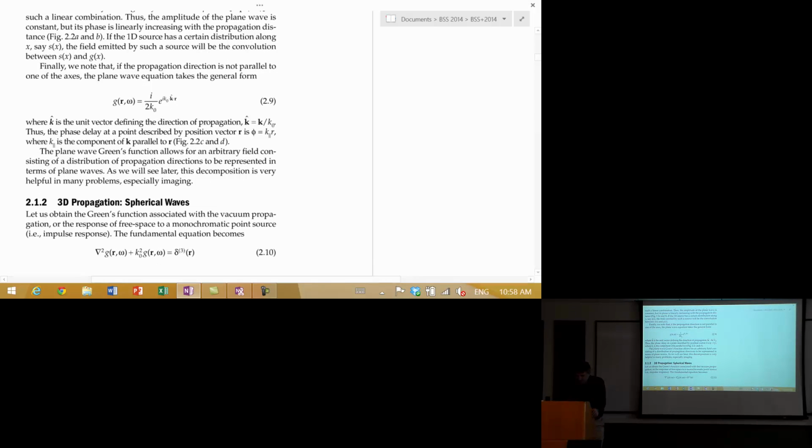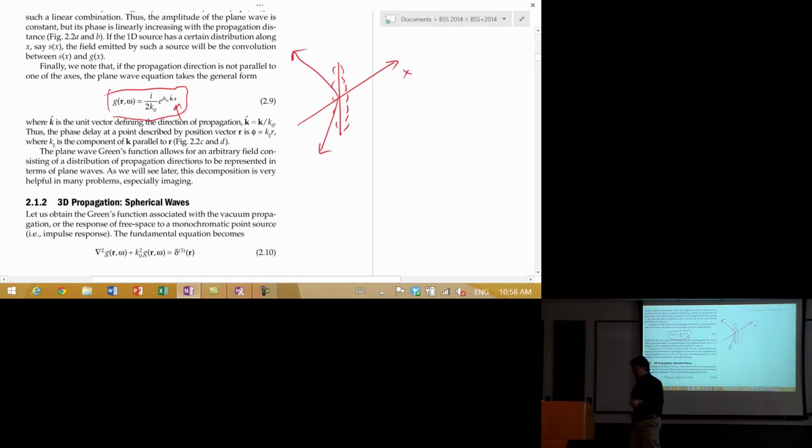What happens if I choose the wrong coordinate system? So this is my source, right? So this emits light like this. But now let's say for some reason I choose my coordinate system this way. Well, you simply rotate your axis, for example. But the way to fix this in the solution is to just write k dotted into r. So it's a dot product between the wave vector and r, which takes into account the fact that